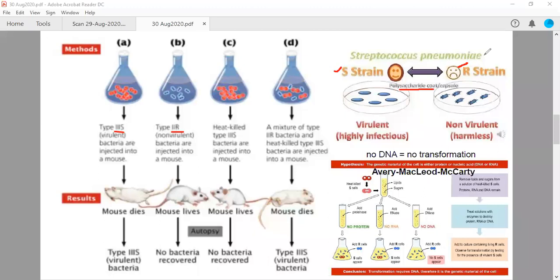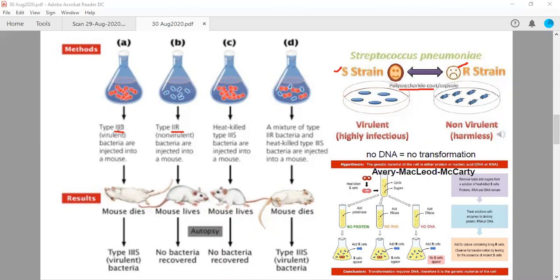It is also known as Diplococcus pneumoniae because it has a diplococcus phenotype, where two cocci are joined together. The second strain was 2R, and this has a rough appearance because it had a mutation in the gene encoding this particular coat. Due to this mutation and the absence of this coat, they were non-virulent. They will not cause any disease, and the mouse will not die.